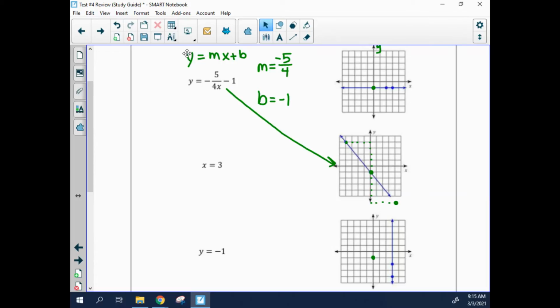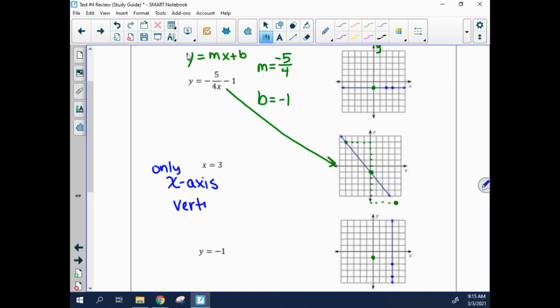Let's look at the second one. x equals 3. x equals tells me it only goes through the x-axis. It doesn't have a y, so it's not a diagonal line. It only goes through the x-axis. To only go through the x-axis, that means it needs to be a vertical line because it has an undefined slope. So when we only have an x in our equation, that means it has to only go through the x-axis. It's going to be an undefined line. It's going to be a vertical slope, and it's going to go through the x-axis